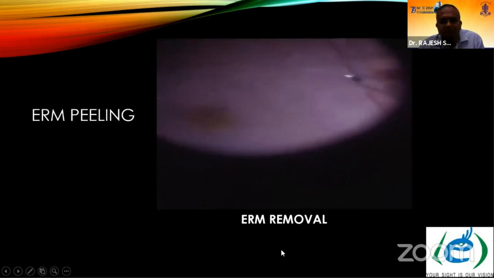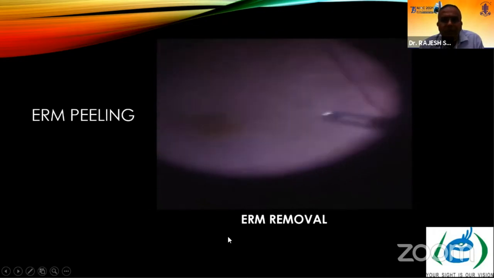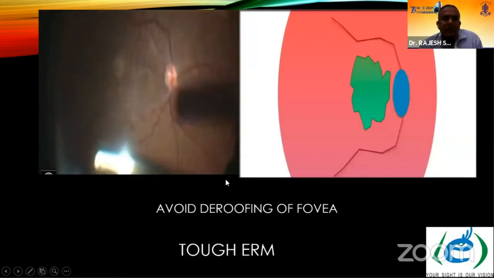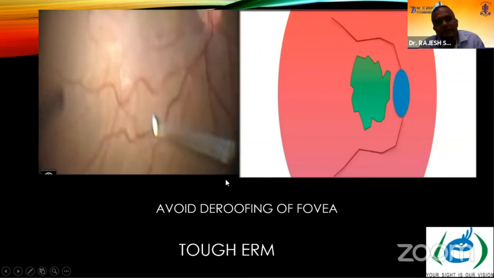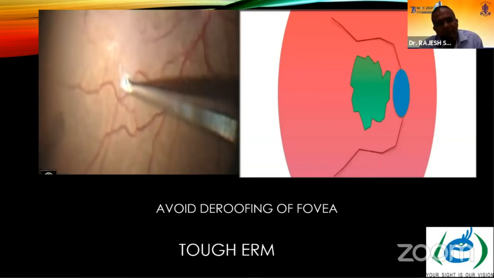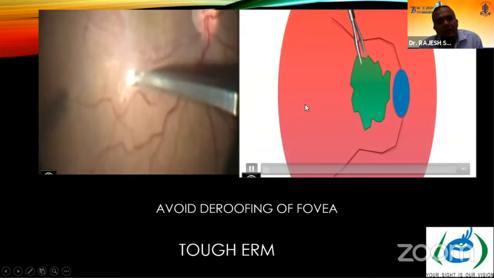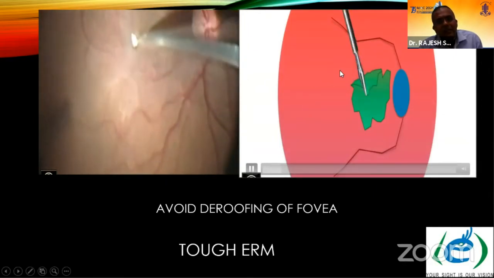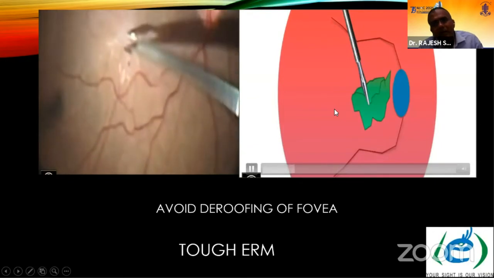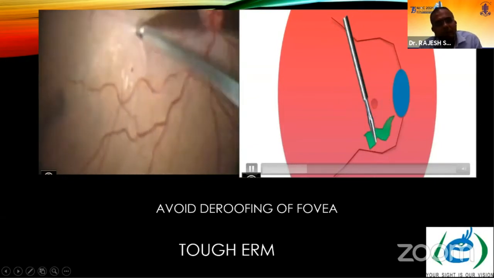So this is a simple case of ERM removal. Sometimes you come across very tough ERMs where there is a chance of de-roofing of the fovea. There's an animation that will run showing how we can avoid de-roofing of the fovea.